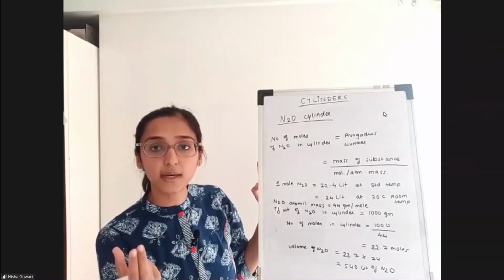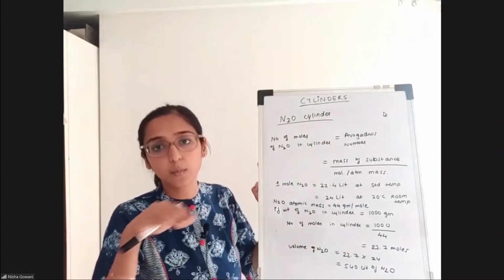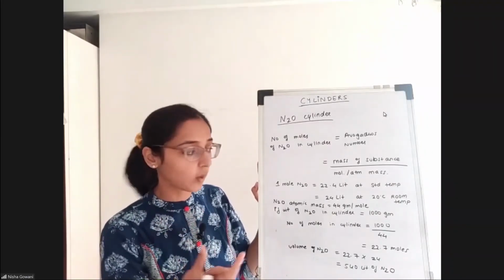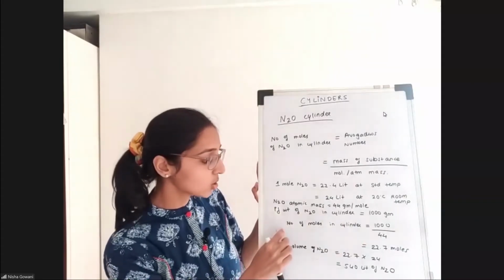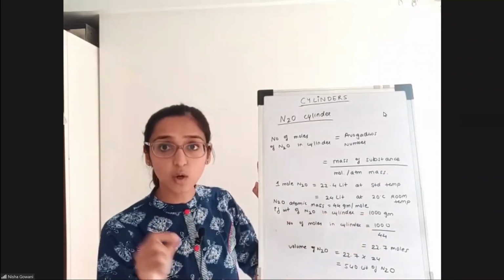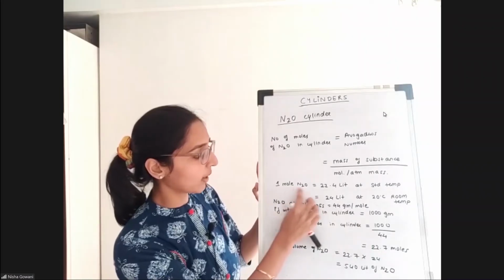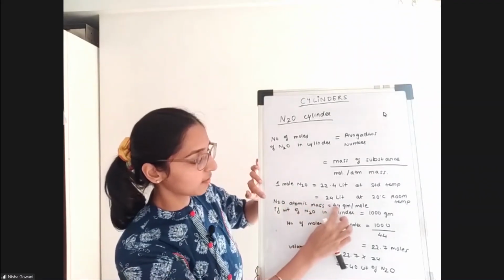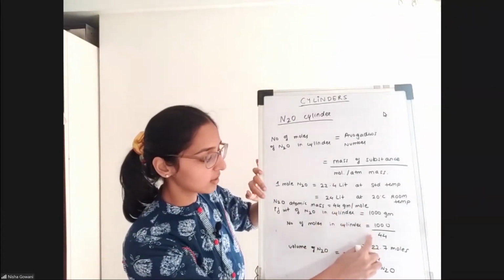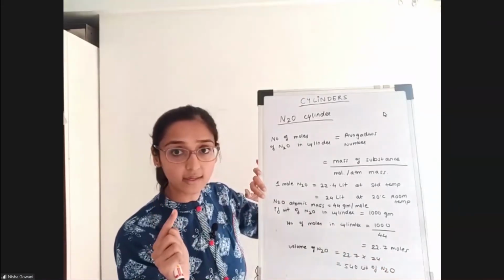For example, if the weight of nitrous oxide within the cylinder is 1 kg, that is, you measure the cylinder and subtract the tare weight of the cylinder, suppose that after subtracting you get 1 kg weight. That 1 kg is 1000 grams. So how many moles of nitrous oxide are present in 1000 grams? When you divide, because you know the atomic mass is 44 grams per mole, so 1 mole of nitrous oxide weighs 44 grams, 1000 divided by 44 will give you this many moles. So 22.7 moles are present in 1 kg of nitrous oxide.